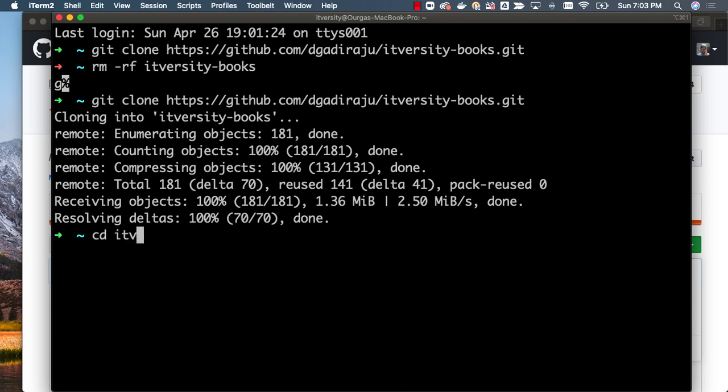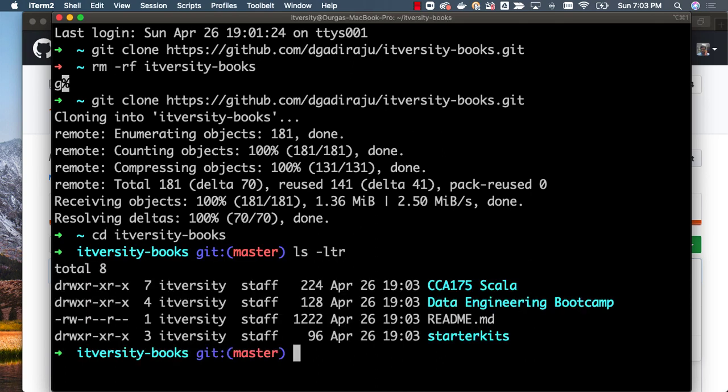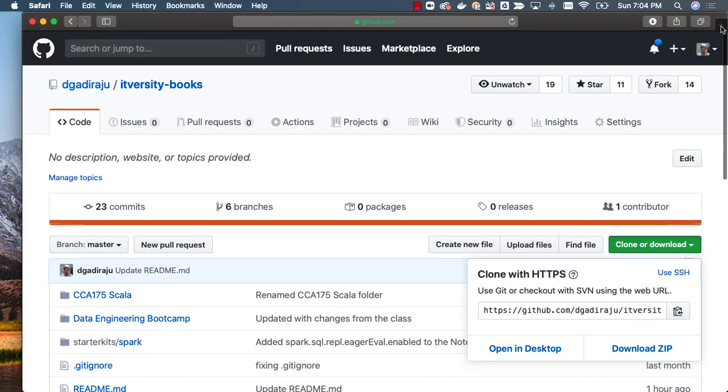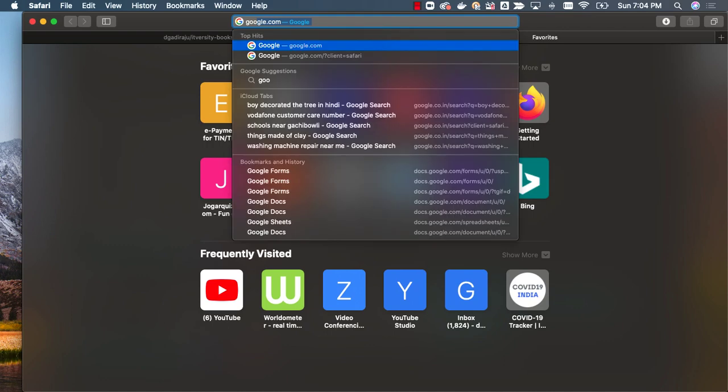If you look into this repository, you can see all the folders which we have seen as part of the GitHub landing page. Now I want to leverage this by installing Anaconda, and I should be able to practice Python by accessing these notebooks which are already set up on my machine. Now I can go to google.com. This is one way to install Anaconda.